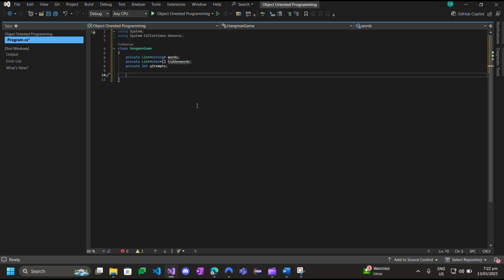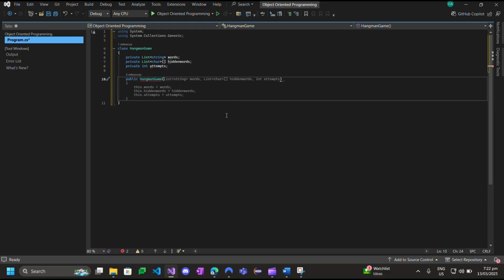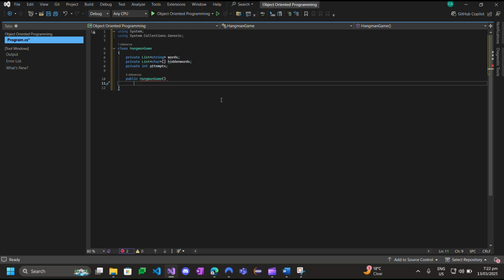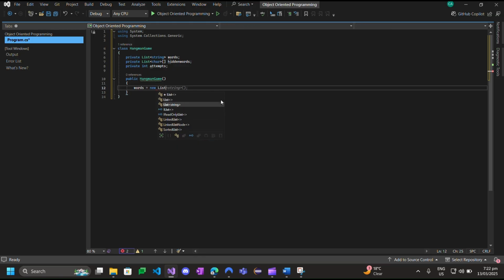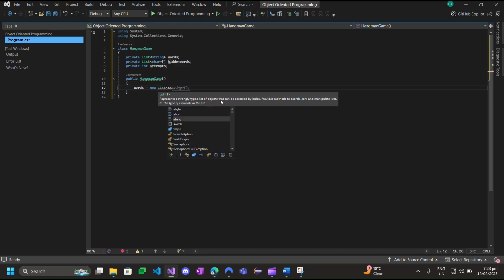Next we have to create a constructor method. So public HangmanGame. This is the constructor of the HangmanGame class. It is called when we create an instance of the game, new HangmanGame, and then words equals new List string,